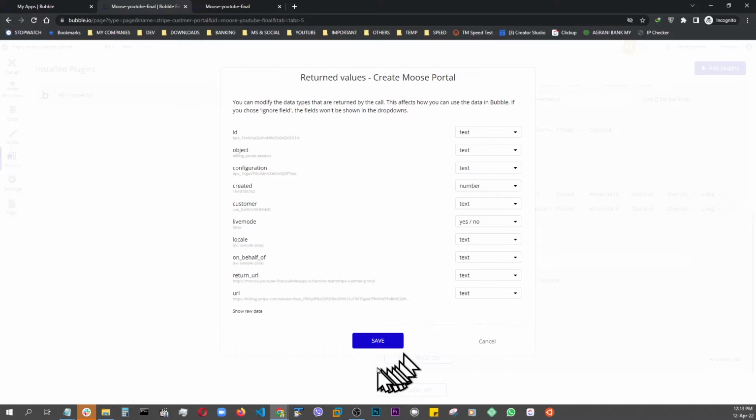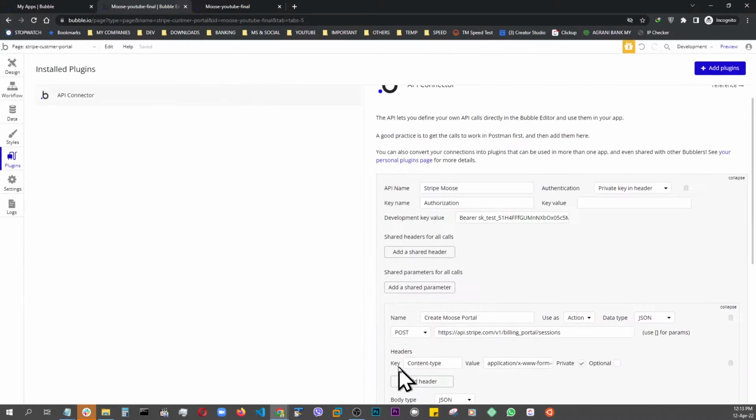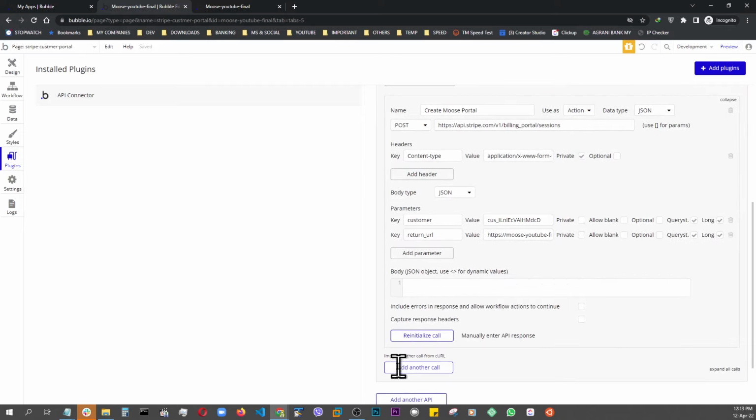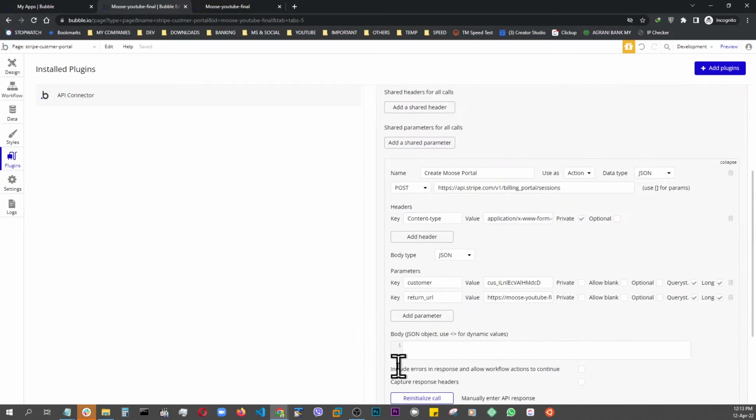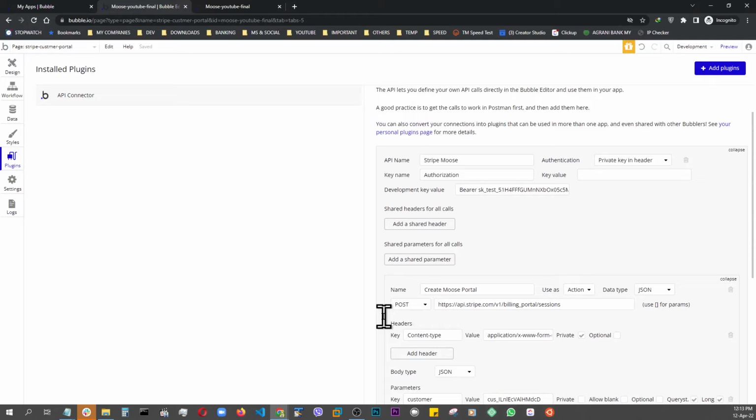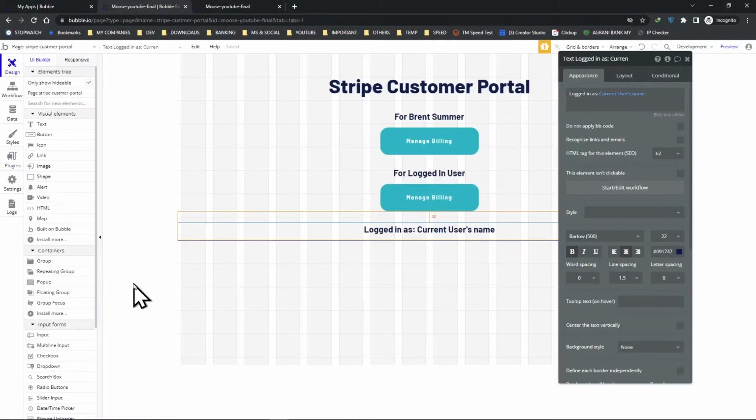That being done, let's save it. Now we have prepared our back end for action. Let's go back to the front end and wire everything up. So we are back at design, and this time we're going to